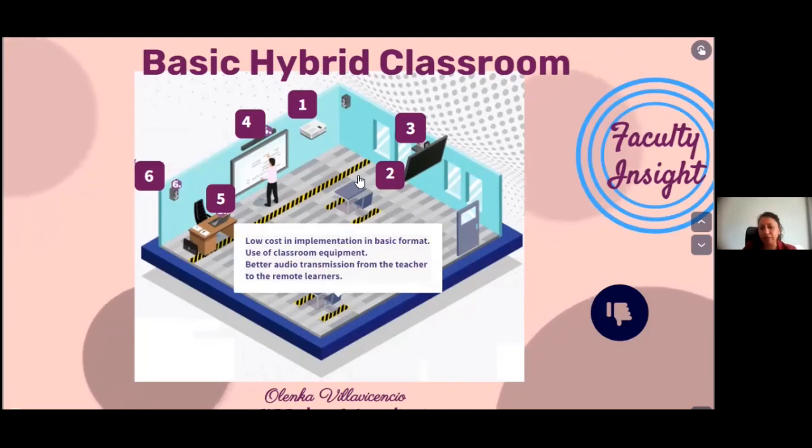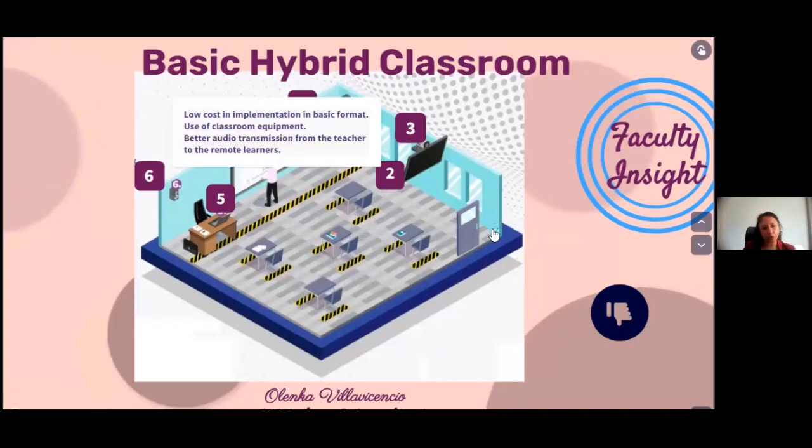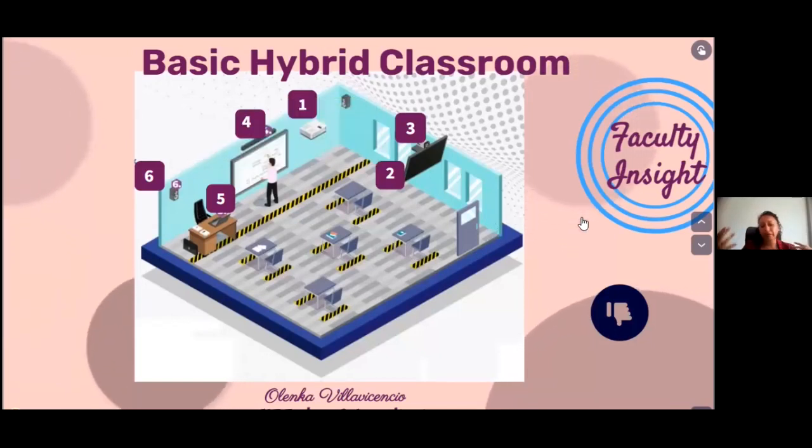And what is important in this kind of hybrid classroom? Low cost of implementation in the basic format. We are going to use all the classroom equipment for audio transmission from the teacher to the remote learners. But obviously, you need the support of your director and the faculty, because if they don't give you the minimal conditions to work, it's much better to continue online.